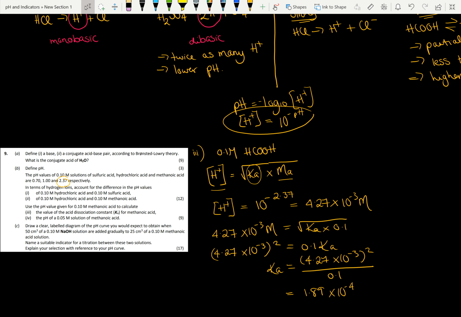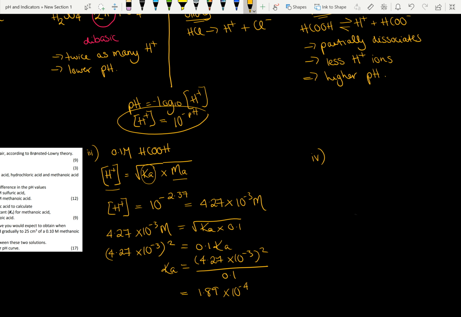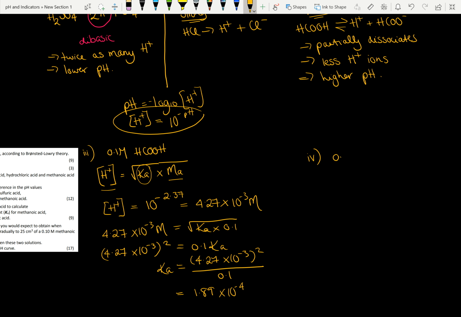So the next question, as I said, asks us to calculate the pH of a 0.05 molar solution of methanoic acid. So we'll just do that over here. So we have 0.05 molar methanoic acid. Now that we've calculated the Ka, what we'll need to do is calculate the new concentration of the hydrogen ion, because we've changed the overall concentration, which means that the concentration of our hydrogen ion is going to change. So we're going to use the Ka that we've just calculated to be